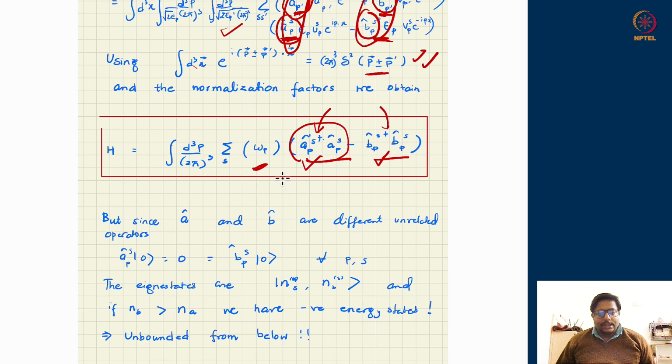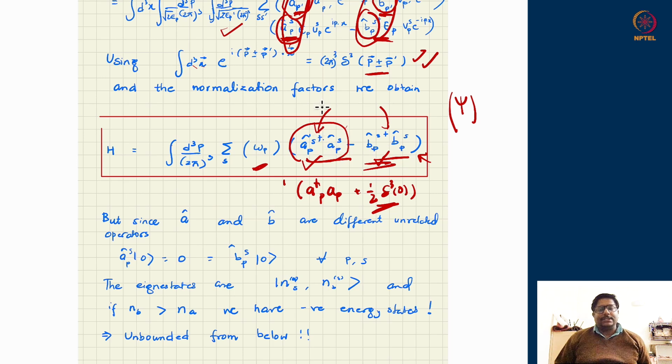Compare with the structure which we had for the scalar field. We had just AP dagger AP and a plus half of delta 0. That delta 0 has gone away, and this is being replaced by the negative frequency oscillators. But they are oscillators after all, because the spinor field has more sets of fields inside. This is not one field but a collection of various fields. So therefore the Hamiltonian you are going to get is also a collection of various oscillators. It so happens that some of the oscillators come with negative frequency, because we did not demand the hermiticity or anything for the field.